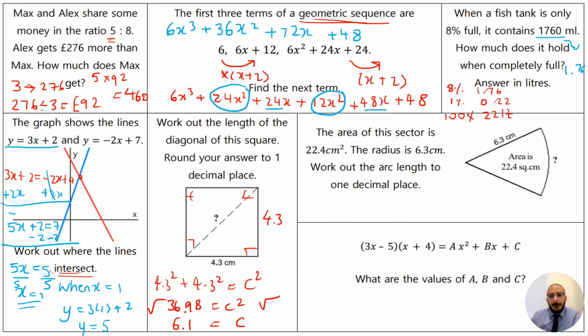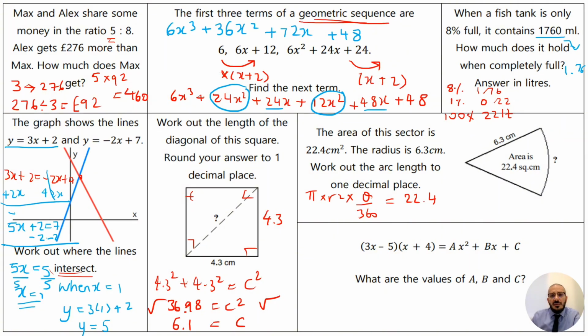Next question. The area of this sector is 22.4 centimetres squared. So if I was to try and find out the area of this sector, I would have to do pi times radius squared times angle divided by 360. If this is equal to 22.4,